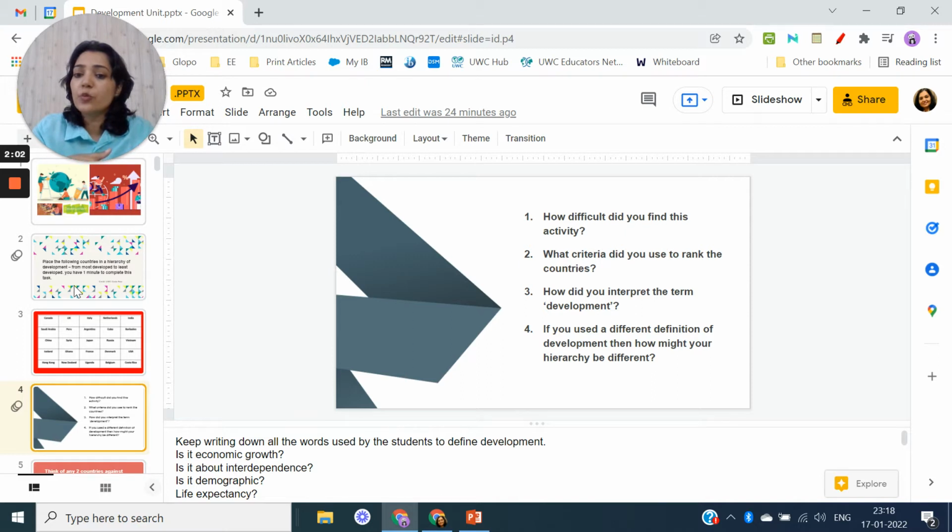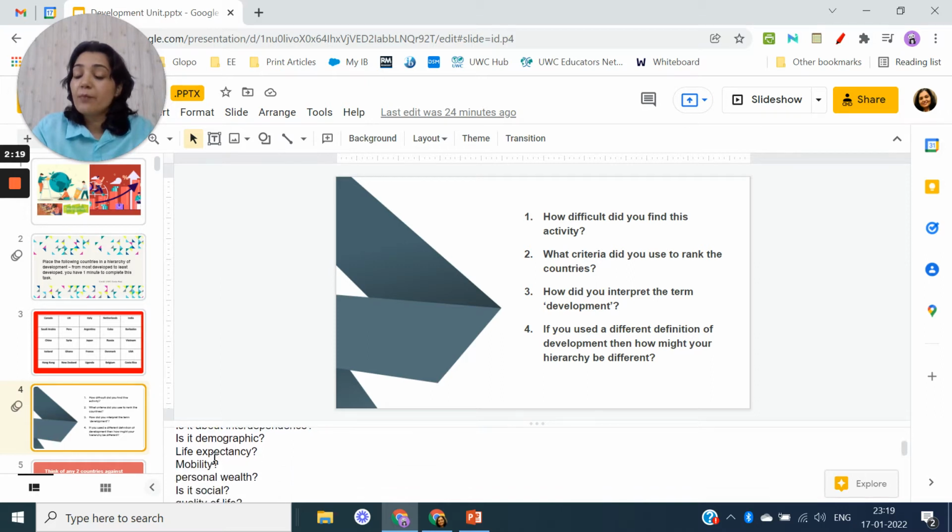A few of you were probably looking from an interdependence point of view or from a globalization point of view. Some could be from a demographic point of view, okay, aging population or young country, life expectancy, all right. Then mobility, okay. Another indicator could be mobility in terms of urbanization, in terms of mobilization, in terms of